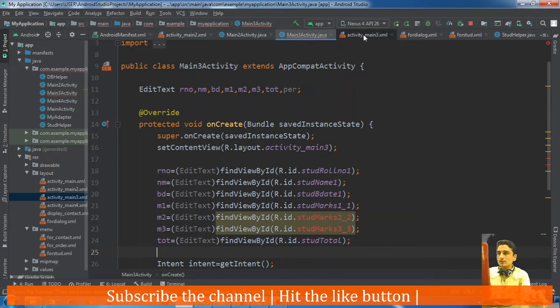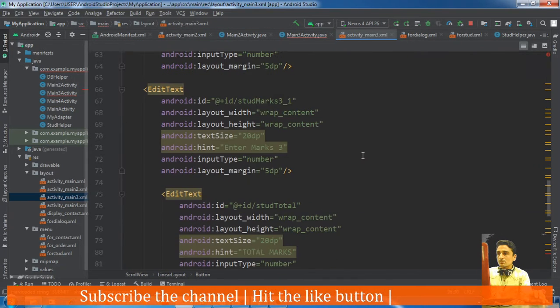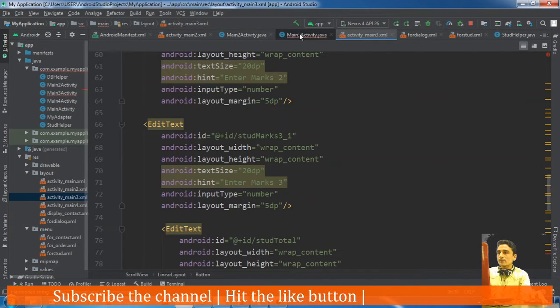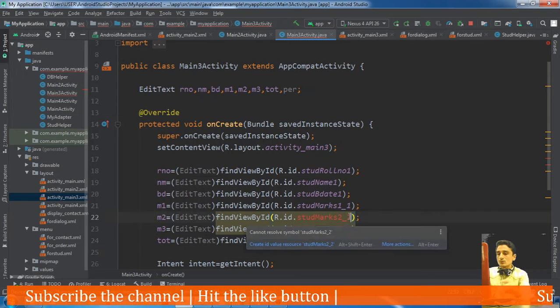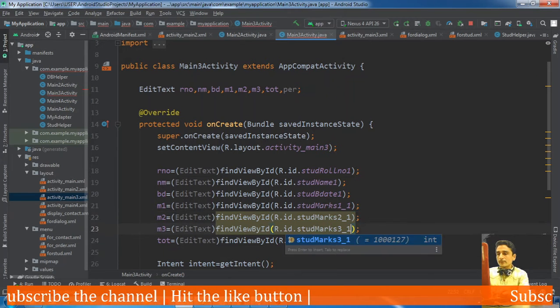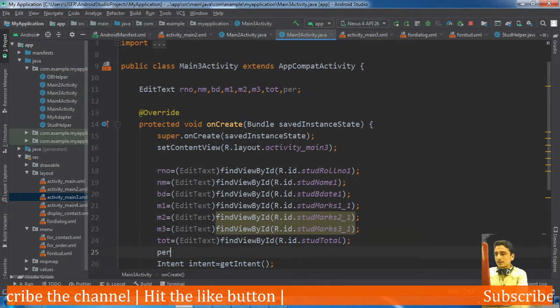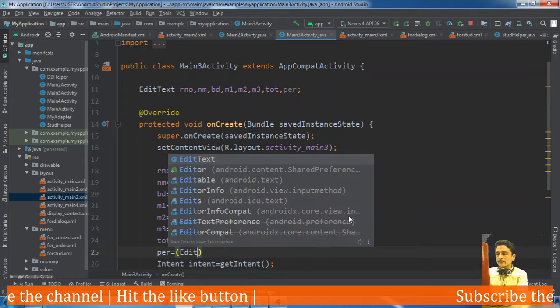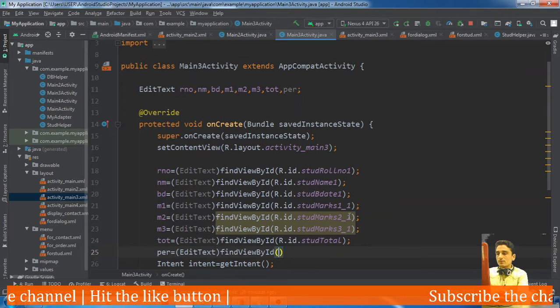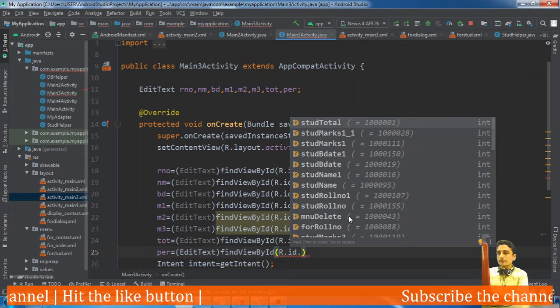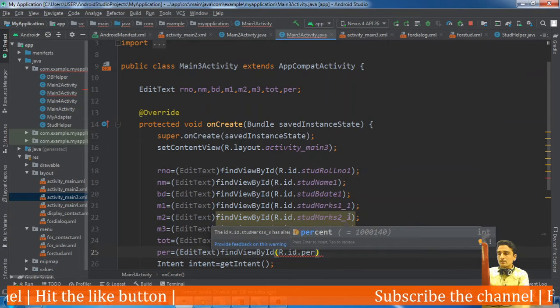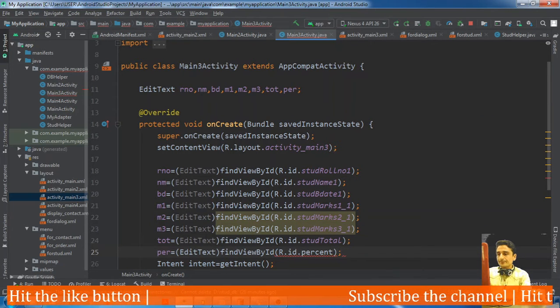Let's check it. Marks 2 1 and 3 1, these are the correct names. Then percentage equal to edit text, find view by id, r dot id dot percent.